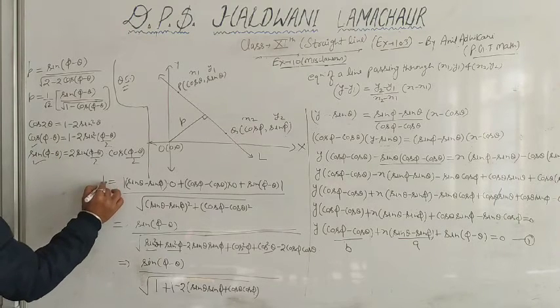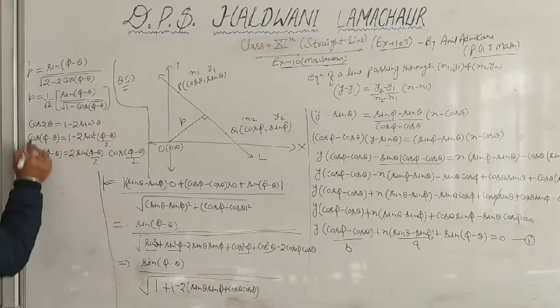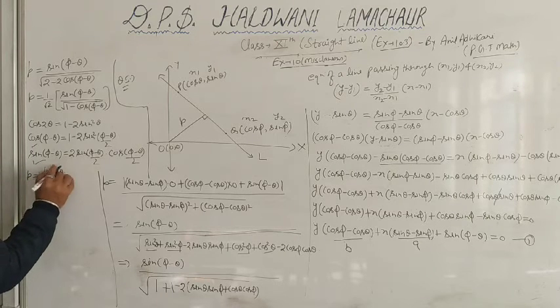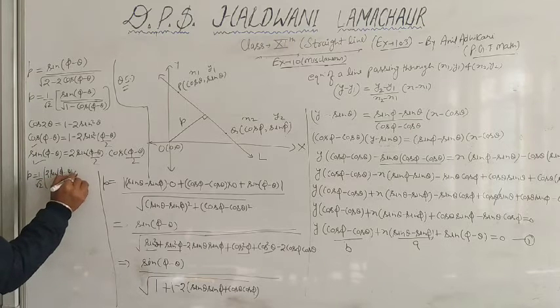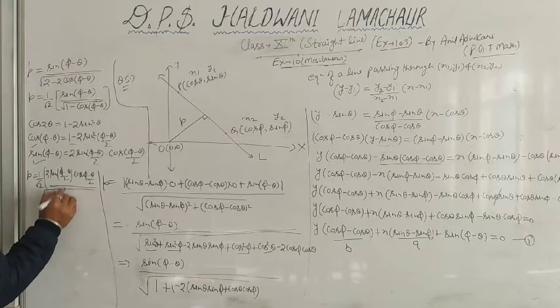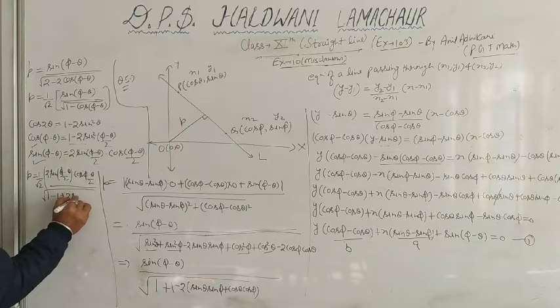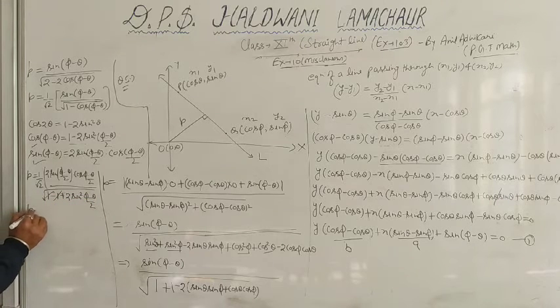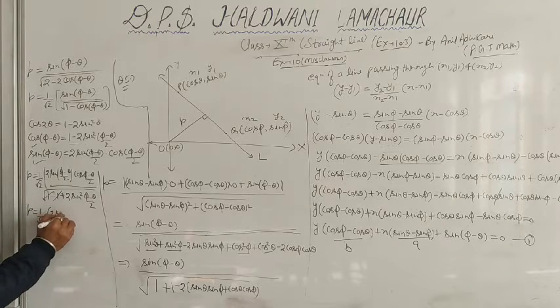On substituting both the values, what we get, p is equal to 1 upon root 2 times sin phi minus theta upon 2 into cos phi minus theta upon 2 upon root 1 minus the value of cos, so 1, and this will become plus 2 times sin square phi minus theta upon 2. This will cancel out, so p is equal to 1 upon root 2 times twice sin phi